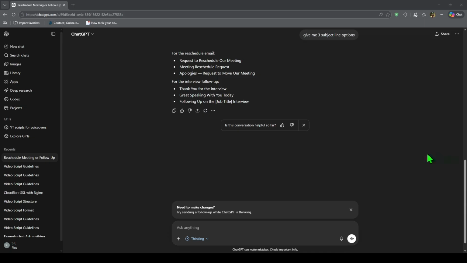One important tip before sending any email: always review the final draft yourself. OpenAI notes that ChatGPT can make mistakes, so it is a good idea to check names, dates, promises, links, and the overall tone before you copy the email into Gmail or Outlook and send it. So the simple process is this: open ChatGPT, describe the email you need, generate a draft, then ask for edits until it sounds exactly the way you want. You can use it to write new emails, improve old ones, create replies, and save a lot of time on everyday